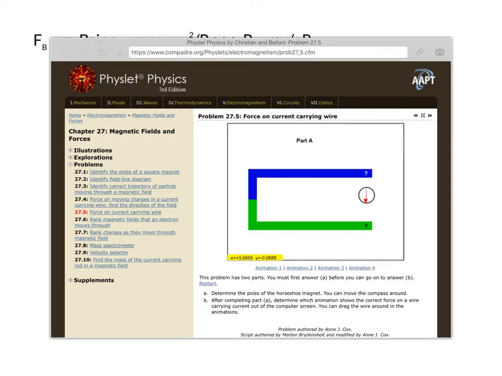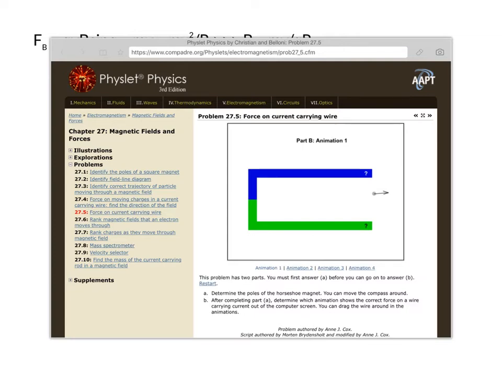And so with the compass needle you can identify the poles and see the direction of the field. Then when we go to animation 1, it gives us a wire in the field with a current. What does it say? The current's coming out of the computer screen, so it's coming at us, and so you use right-hand rule number 1